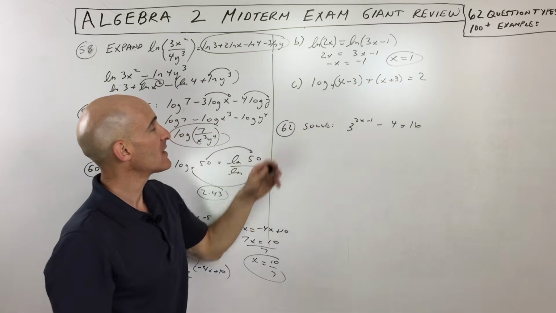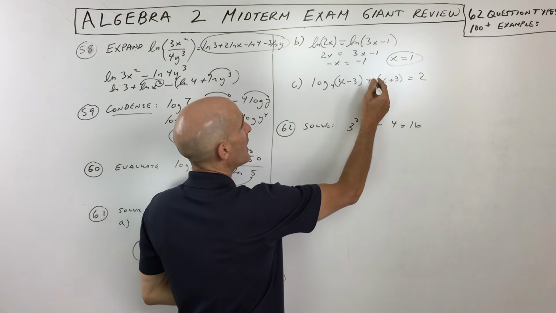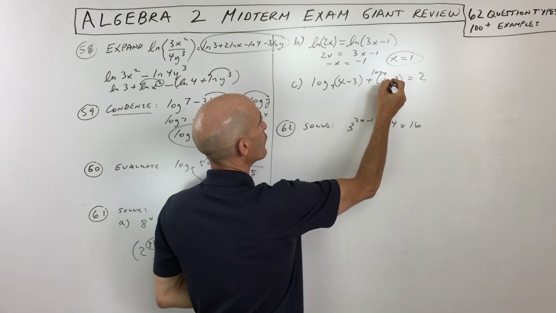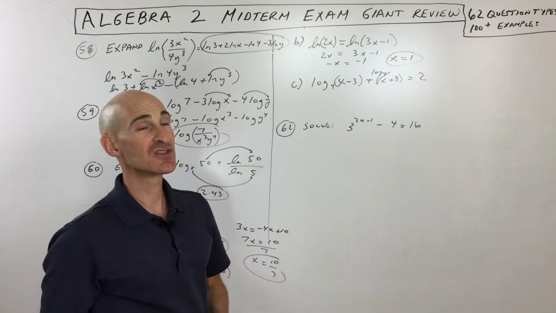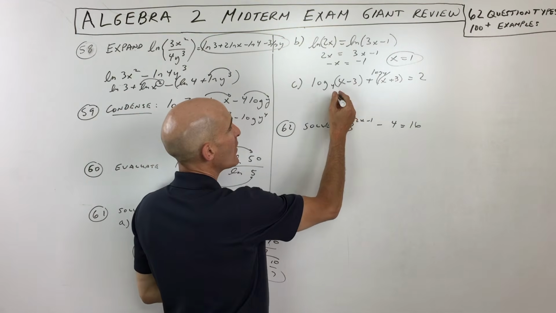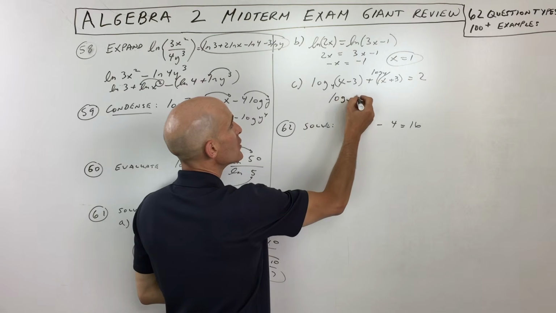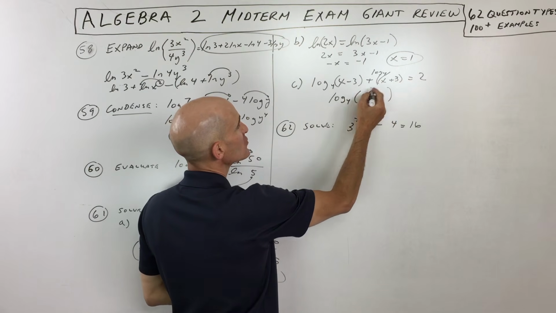Letter C, though, is a little bit more challenging. We've got, let's see, I meant to write log base 4 on this one. But what we want to do is combine these into one log first and then go ahead and solve this logarithmic equation. But remember, when you add, what do you do to the arguments? You multiply. Okay, so what we're going to do is multiply those together.